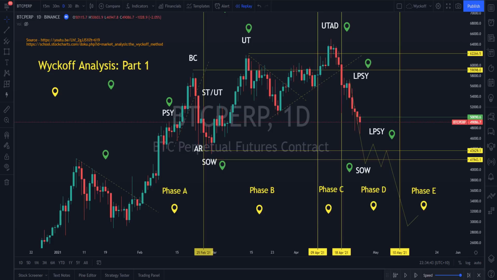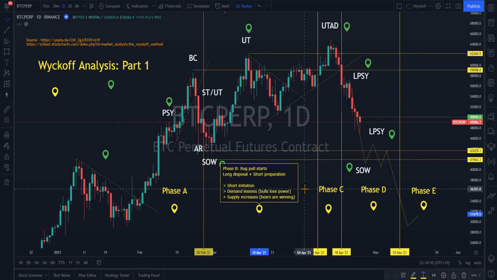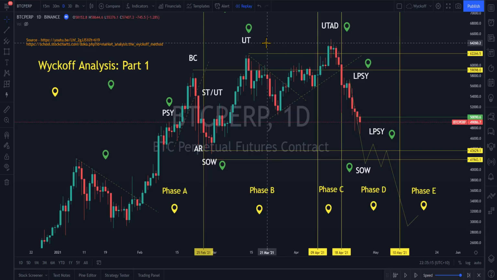If you've ever done that, you understand the power of crowd psychology. What happens here in phase B? Phase B, the bears start to pull the rug. They're testing, right? And they're starting to get somewhere because they see a lower high. A high, this is a high, but it's lower than that one. That's a lower high. So they're trying to initiate their shorting positions. They're increasing their shorts. I think this stuff really, really helps you to dig deeper on the shorting behavior.